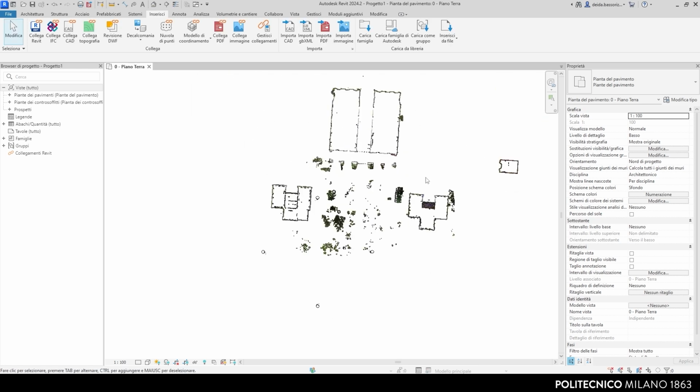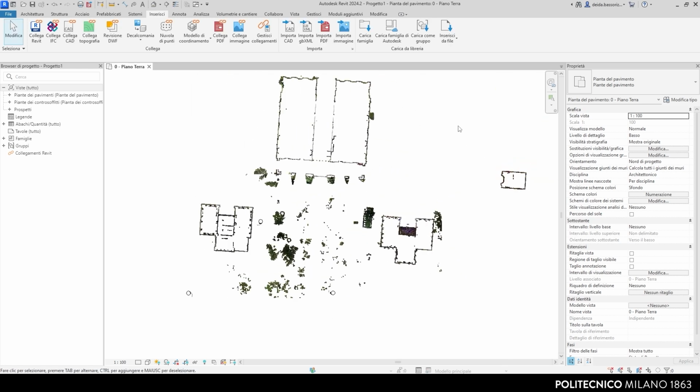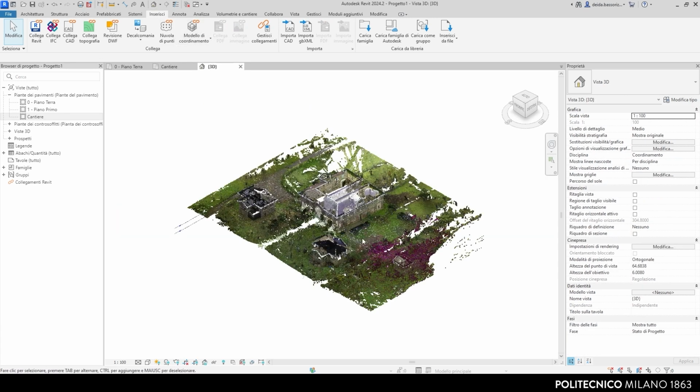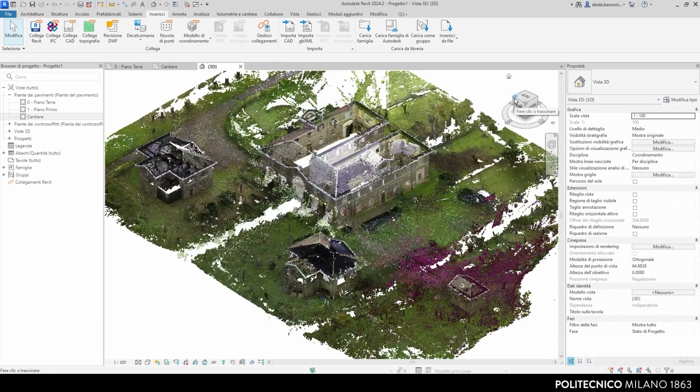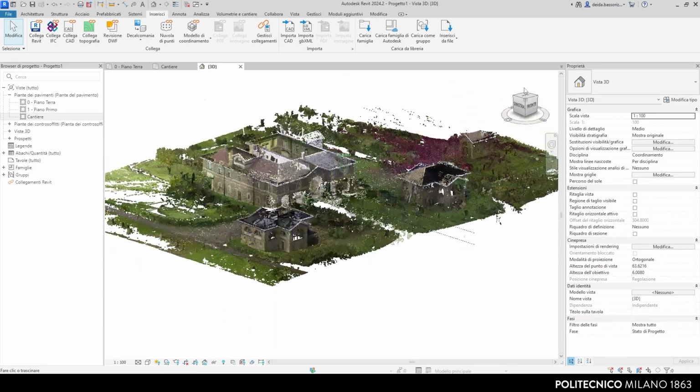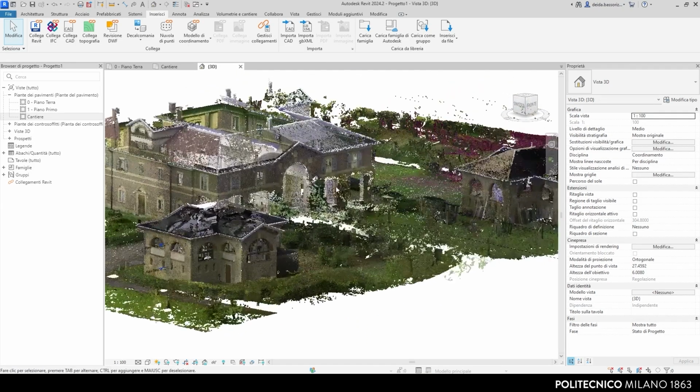We confirm the import of the point cloud, and Revit will proceed with loading and positioning the point cloud within the working environment. Once imported, we can explore the point cloud using Revit's navigation tools, including plans, sections, elevations, and 3D view.